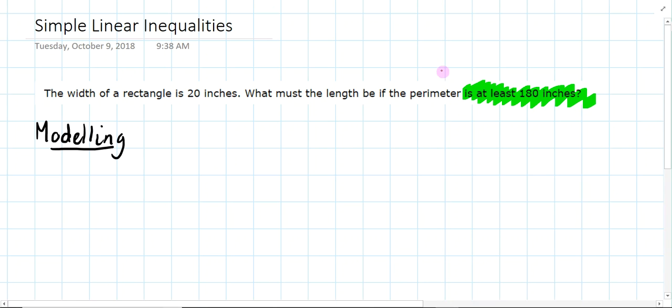So what if it's greater than or... Yeah, so we're saying that the length is related to the perimeter. So what must the length be if the perimeter is at least 180? So what do I have to say about the perimeter? Must be greater than or equal to 180. Right, so just to explain something, this leads very nicely into